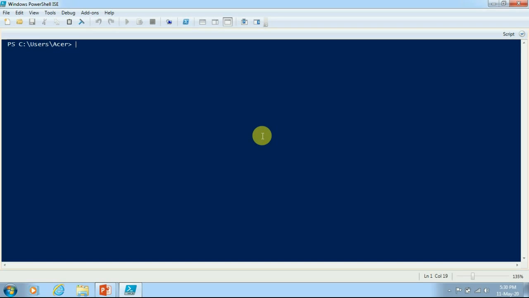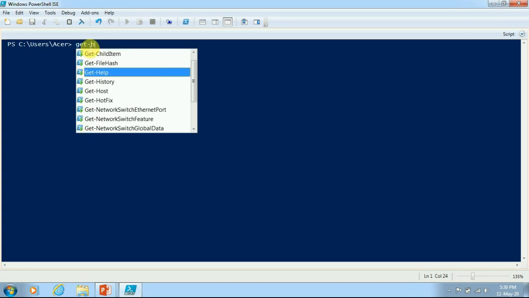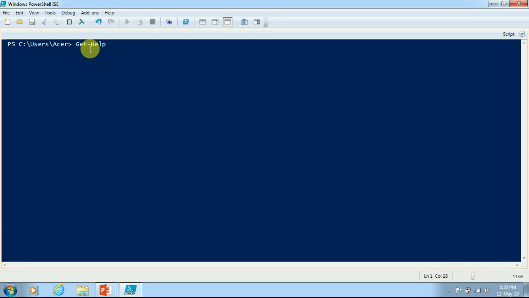So there is a demo associated with Get-Help. Let's see. First of all, to get the information about any command, we just have to write the cmdlet Get-Help, and after that we write the cmdlet for which we want to get the detailed information.